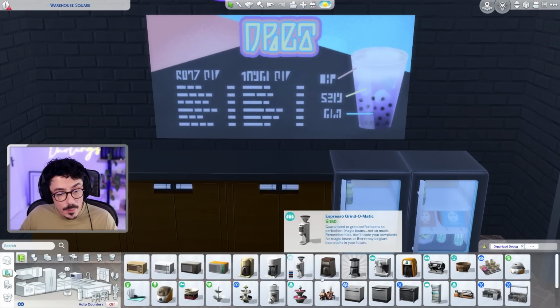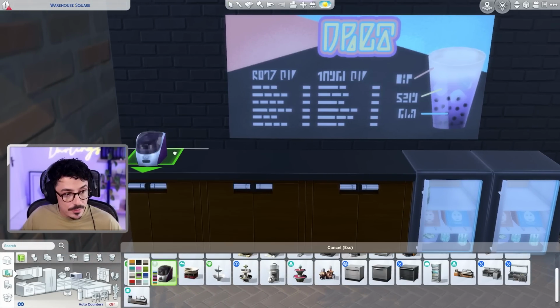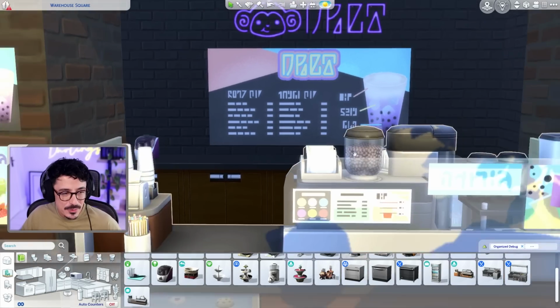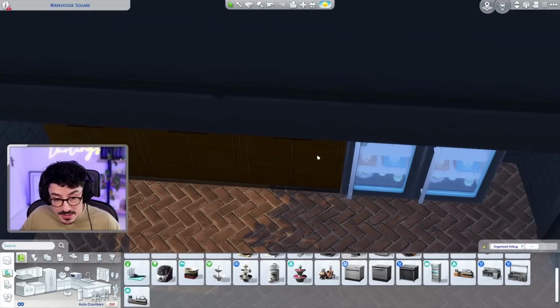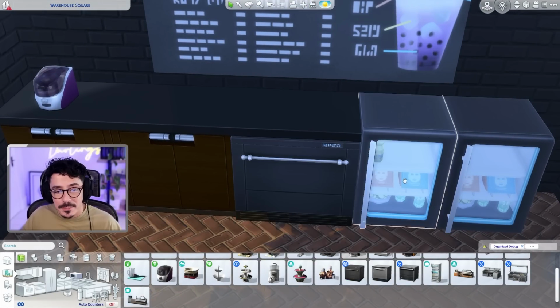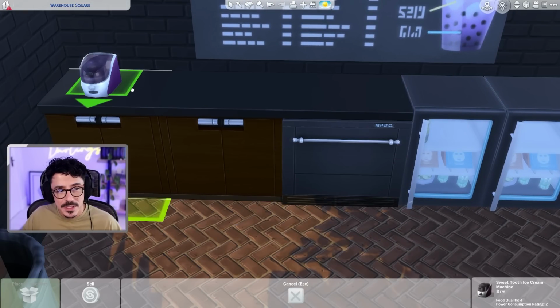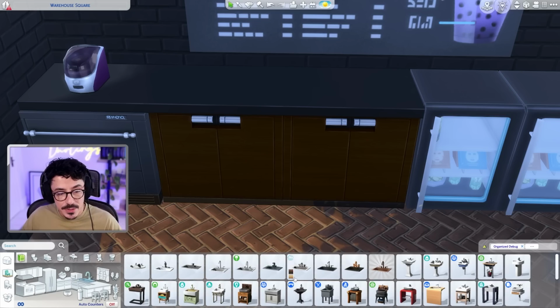We're moving on. I'm going to put in an ice cream maker here. We're going to go for a purple one. Can you have ice cream and bubble tea? No idea. A dishwasher, just in case. Everything would probably be reusable cups and whatnot, but I'm still going to put a dishwasher in anyway. In fact, I'll flop the dishwasher with the ice cream maker because I would like to put a sink